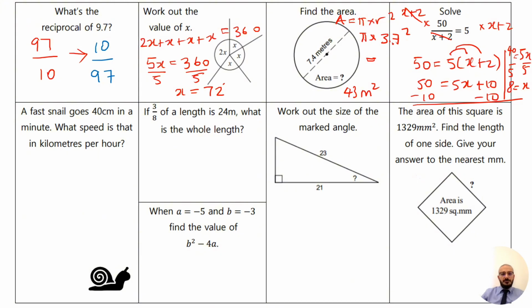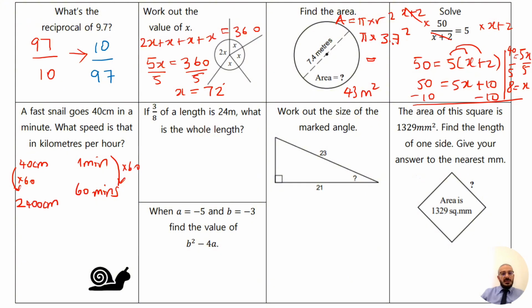There you go. A fast snail goes 40 centimeters in a minute. What speed is that in kilometers per hour? So if we are going 40 centimeters in 1 minute, we're trying to find out what it is in an hour. So that means we know in an hour we've got 60 minutes. So from 1 to 60, we're timing it with 60. We're going to do the same thing, 40 times 60, which gives me